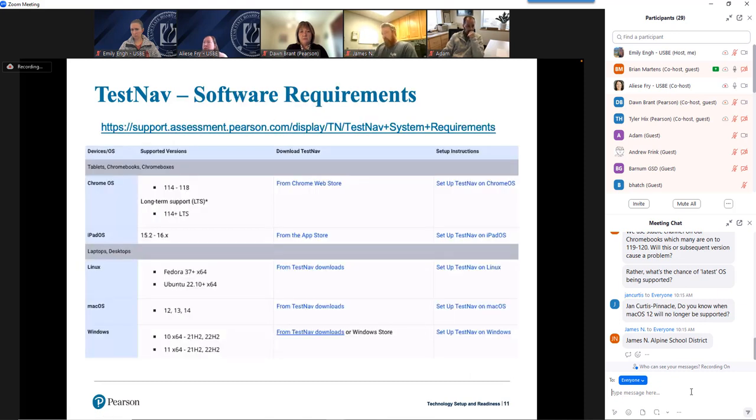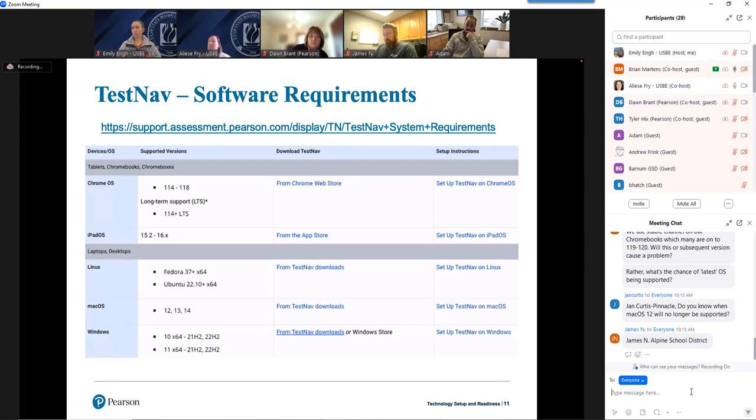I believe I took this screenshot just within the last week, so I don't know if 119 has been released. Maybe it has, and we're just testing it. Basically, what happens is when a new version is released, we test it, looking for any incompatibilities. It usually can take a week to two because there are a lot of tests to go through, and we want to be thorough. But usually, it will be added to the support matrix here.